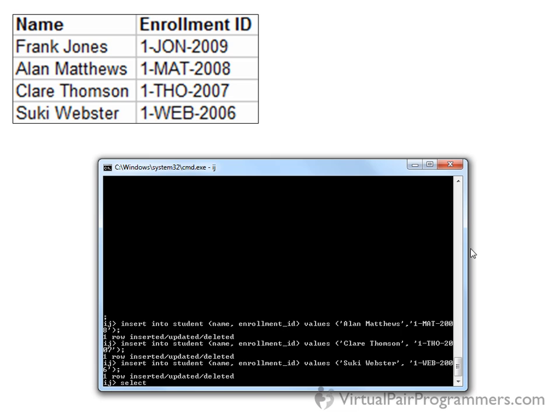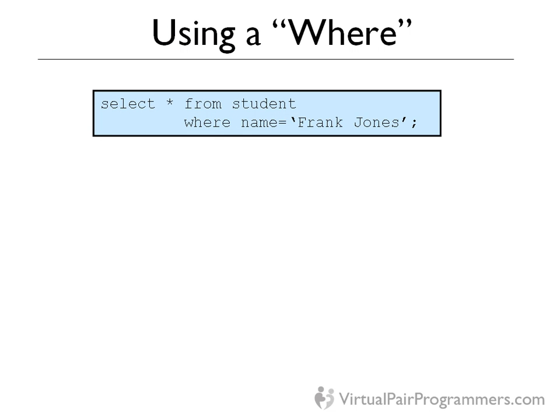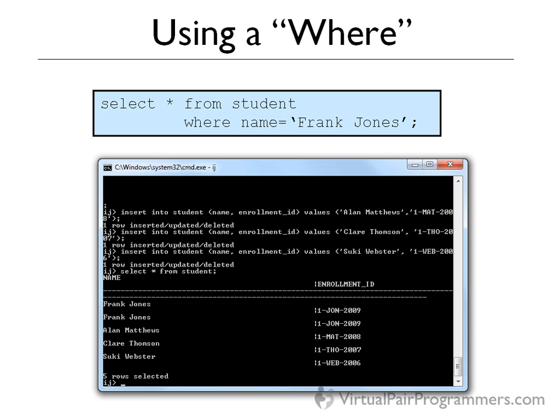So now I can select all of the columns from the student table, and I have a slightly more interesting report. And we can add a so-called where clause into the select statement. This statement here is saying that I want to get all of the columns back from the student table, but only for the rows where the name is equal to the value of Frank Jones. And I can use various operators such as where the name is not equal to, and if we have a numeric value, we can get all of the students whose age is greater than a certain value and so